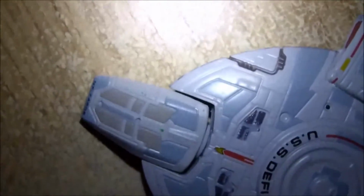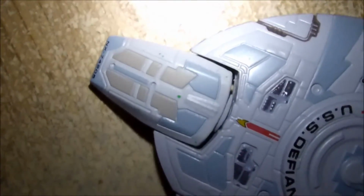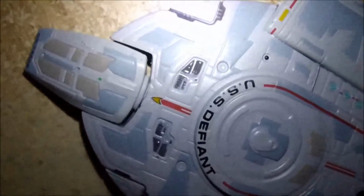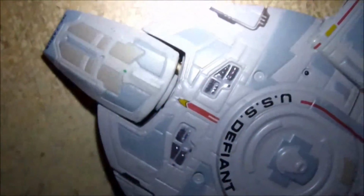But here's the worst thing. The nose cone is a separate entity, and because nothing's perfect in the world, it's ever so slightly off-centre. So that's great. Oh, but that's not it. Apparently,